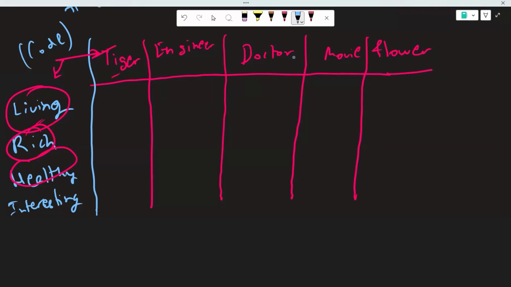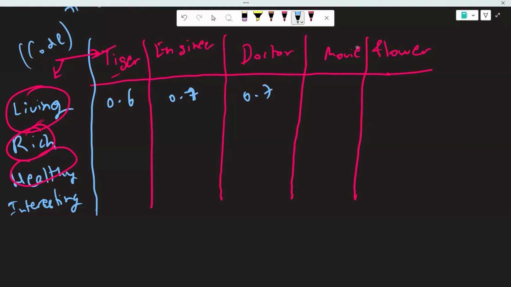Since it understands that the word living implies something which is breathing, and tiger is an animal, what is the relationship between them? Can we say tiger is a living animal? We can say that, right? So I'll say the score, in a range of 0 to 1, is probably around 0.6. Living and tiger, because a tiger is a living organism, you can expect in documents that tiger and living may occur together. Engineer and living, yes, that also can be possible. It may be around 0.7. Engineers are also living, let's say a lifestyle, or living a healthy life, something like that. The same thing can happen for doctor as well.